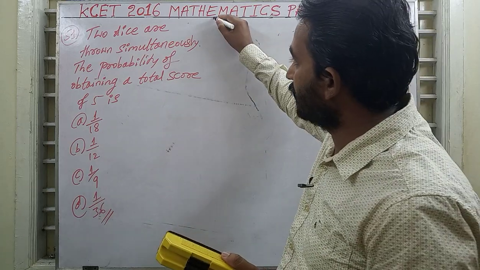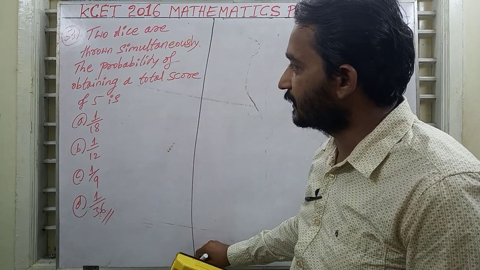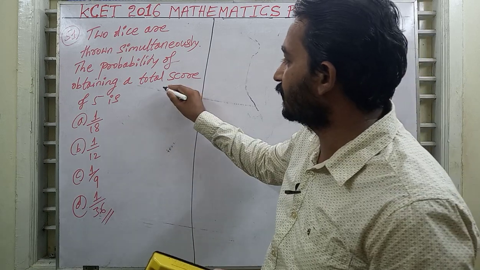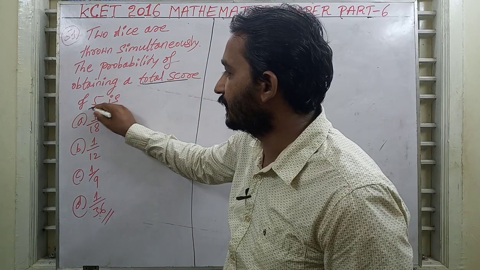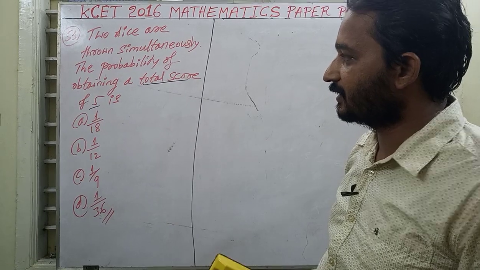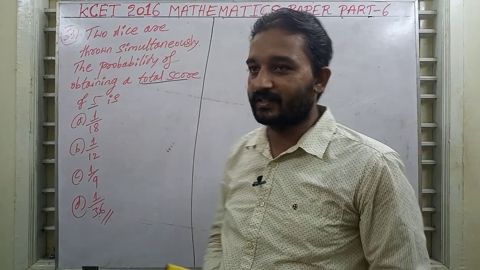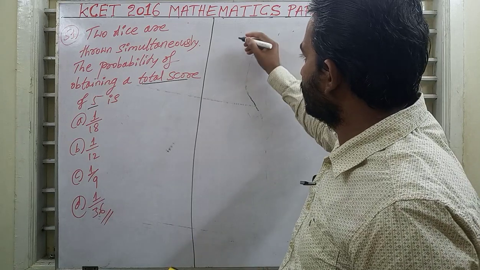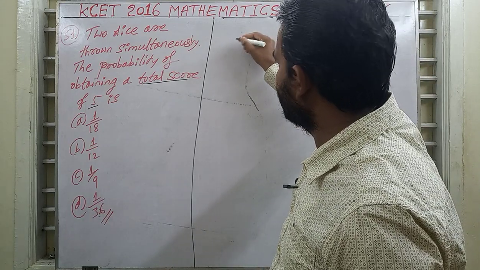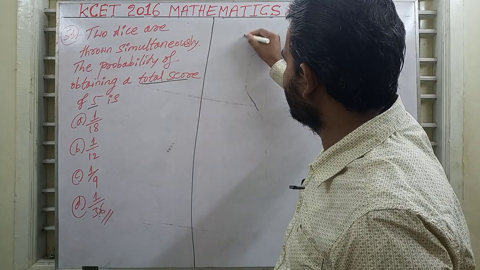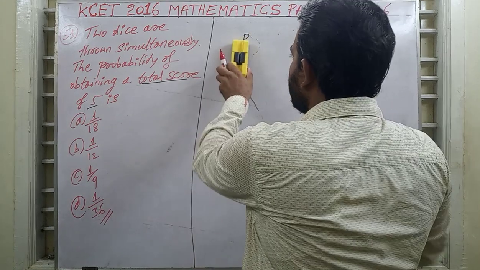Two dice are thrown simultaneously. Find the probability of obtaining a total score of 5. Okay, so this is a repeated question. They had this same question in KCET 2014. So usually we have to find out the probability. In this case, an easy method: required probability is equal to